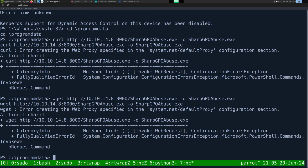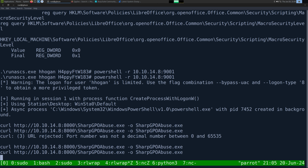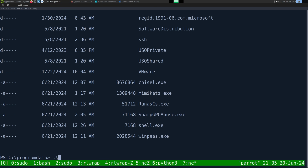Error creating web. I wonder if this user has something odd in its configuration. Curl http://10.10.14.8:8000. I'm doing a backslash. Did I do that on netcat as well? I did not. So I don't know exactly what the issue is here, but we have it. So let's do